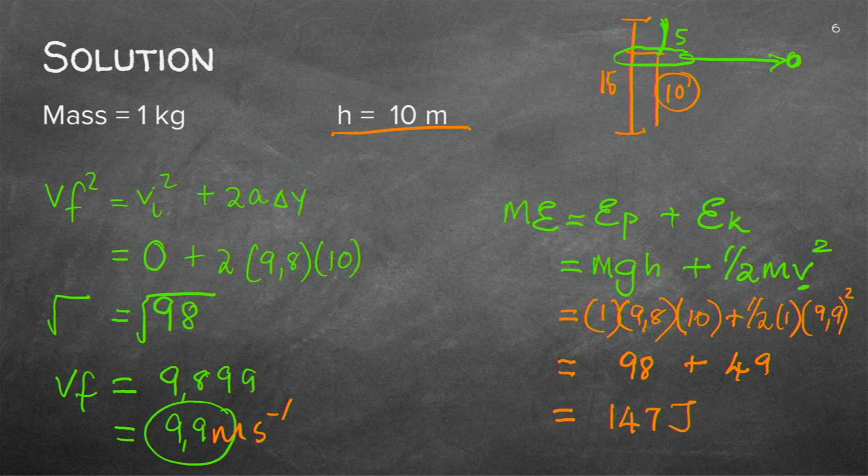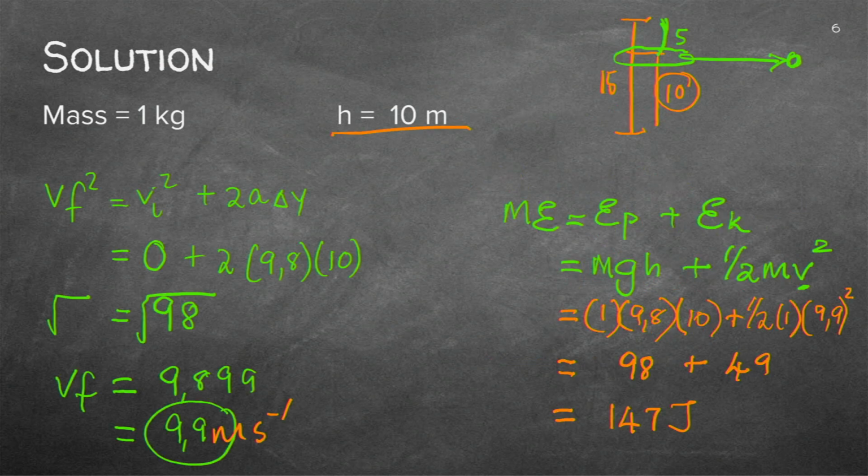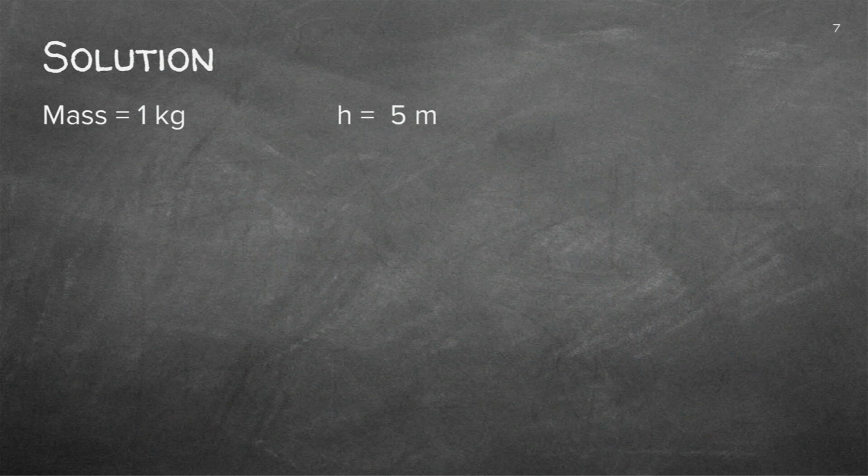Just see what we got in the previous calculation. Oh, 147 joule. What did we get now? 147 joule. Let's carry on. They asked me now to again calculate the mechanical energy. I'm going to write this down every time because you are going to get marks to write down the equation. And it gives you an idea what you need and what you have.